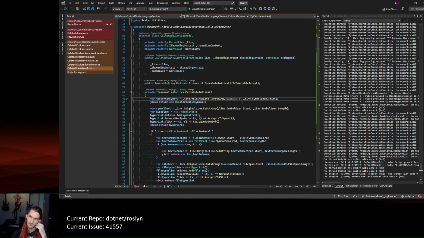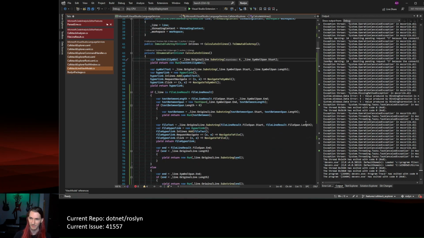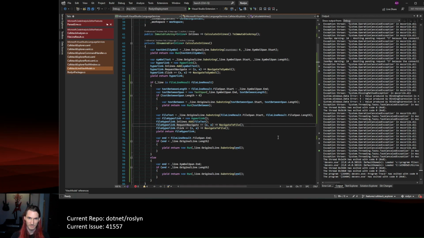I do wonder, would it be more interesting to go through the process of making the UI look more like Visual Studio UI, or do people want to go back to the parser? I'm thinking go back to the parser. That's what we're gonna start doing, unless anybody yells at me. They're like, "Hey, I'd really like to see what happens with WPF when we theme like Visual Studio," and I'll be like, "Okay, we can do that on stream." It's not as exciting as you think, but